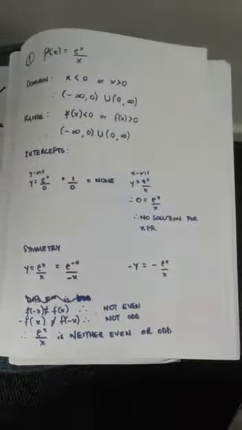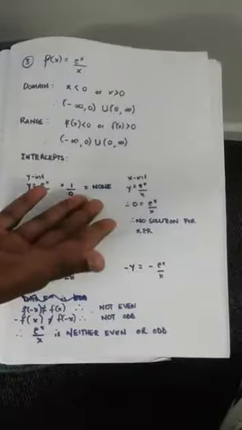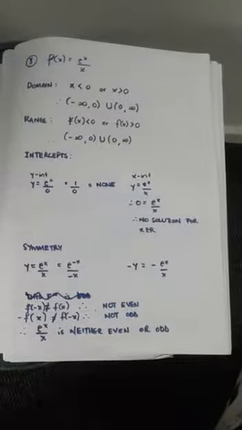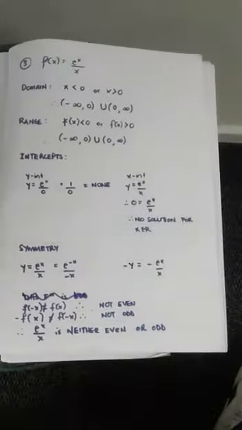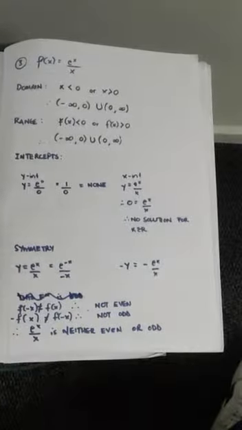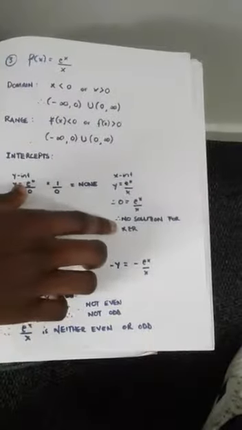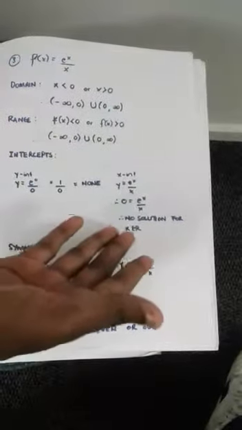Our intercepts are calculated by equating x to 0 to solve for your y-intercept. As you can see, when we make x equals 0, there is none. There is no y-intercept, therefore x equals 0 is your asymptote. And for calculating your x-intercept, we equated y to 0, and there is no solution for x being an element